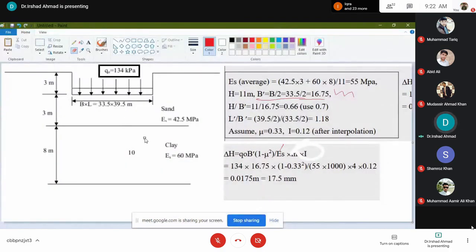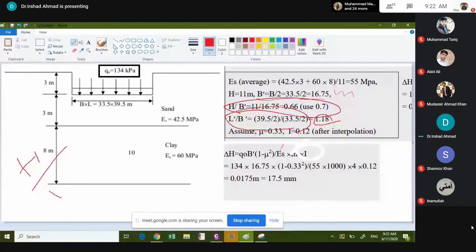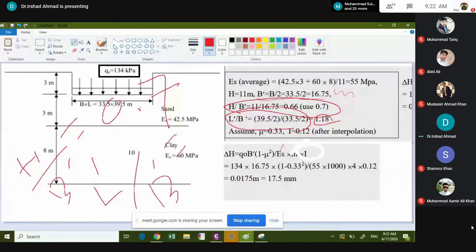अब आते हैं उसकी तरफ, I की तरफ। I के लिए हमारे पास आपको पता है कि 2 चीज़ों की ज़रूरत होगी। एक आपको L prime over B prime की ज़रूरत होगी which is 1.18, और दूसरी आपको H over B prime की ज़रूरत होगी which is equal to 0.7. तो लेट्स गो टू द टेबल एंड फाइंड दीज वैल्यूज।